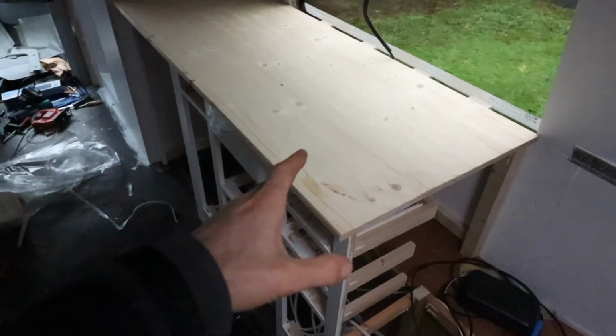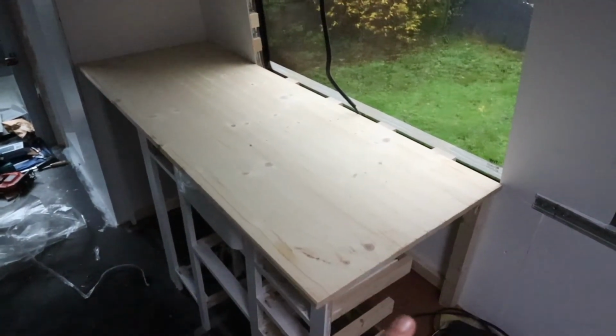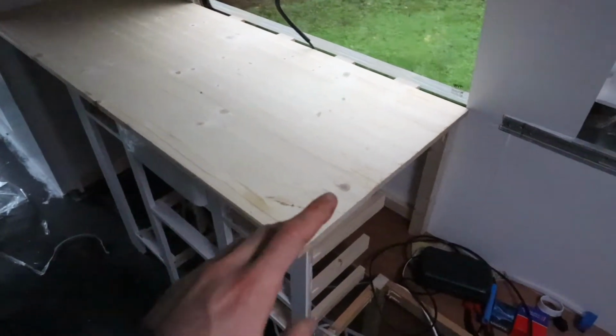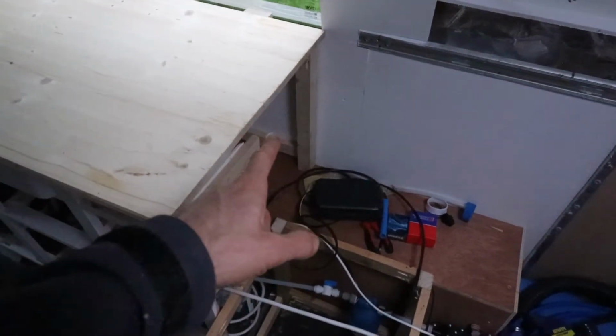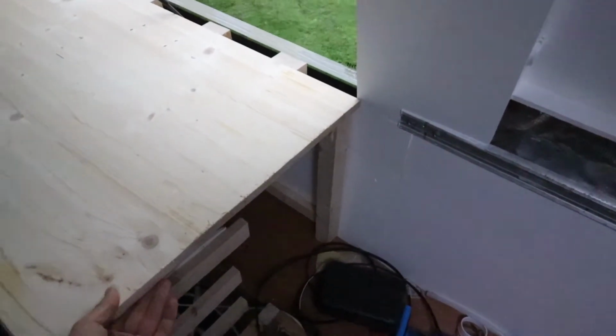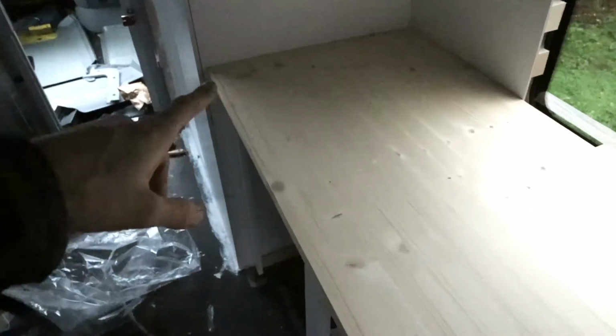The countertop is now cut, and I've cut it roughly to 63 inches, and it's overhanging here by maybe 2 inches. I didn't cut it flush because I'm going to scribe it in down here, and I'll scribe it in to the back wall here. But before that, because it's overhanging so much, by 1 3/4 inches,